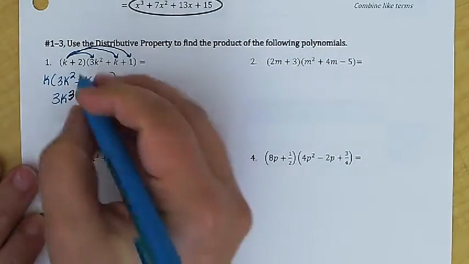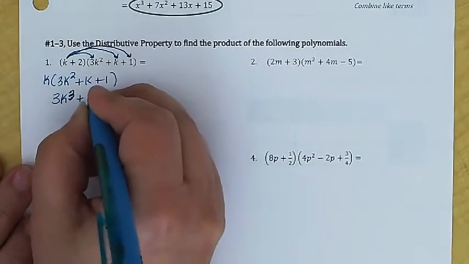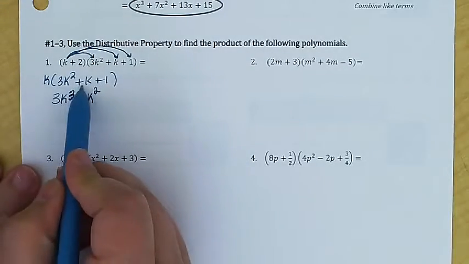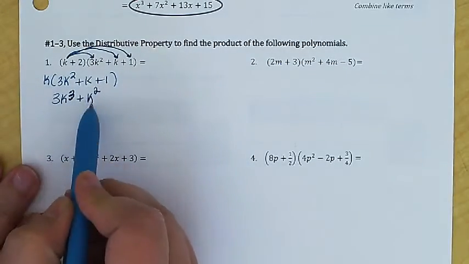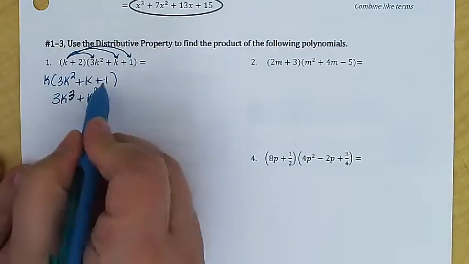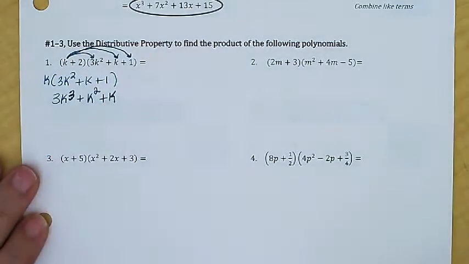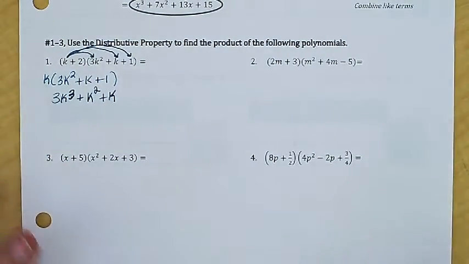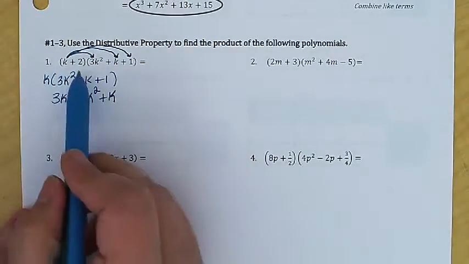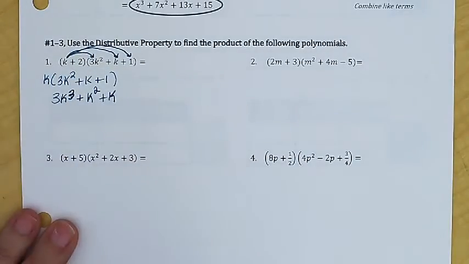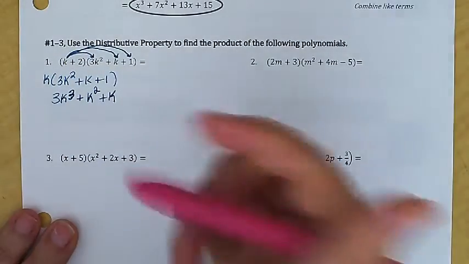Here, k times k is also k to the second power. So again, 1 times 1 is still 1, and k times k is k squared. And then k times 1 is just k. Okay, but once we're done with that, we can't stop there, and we have to just remember that there's another